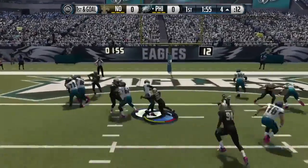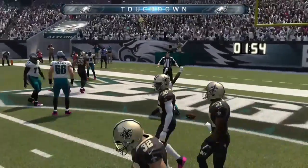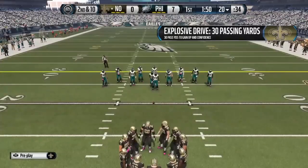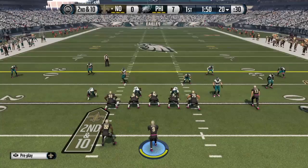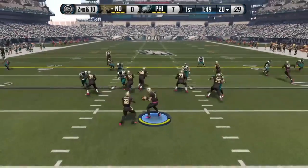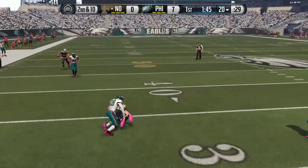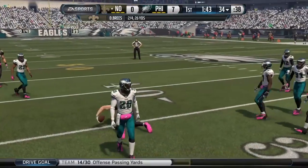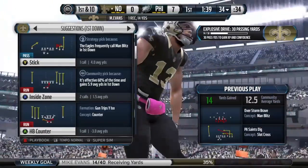And now, the play after that, that's DeMarco Murray with a touchdown. The Eagles are up 7-0, and now the Saints are returning on the field. Let's see what they can do to respond to this play. It's a play action, and that is Mike. Everyone wants to be like Mike as he gets the first down right there, moving the chains